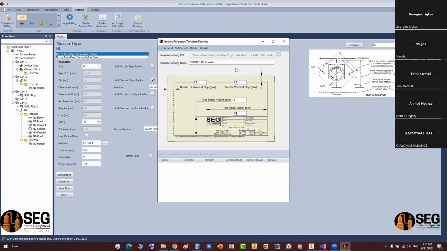Don't forget that all dimensions defined here are in centimeters. Now let's click on append. After importing it here, giving it a name and defining those values, which are very important, you can click on append. Now you can see that this border appears here. When you select it and click on set as default, you will get this checkbox activated here on this